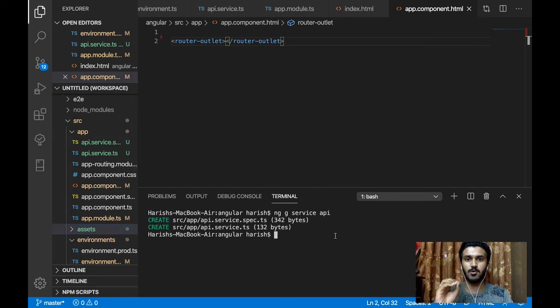And after that, now we are going to create a component. Like we need home component. Home component is the search page, so we will create that, like ng generate component, C for component, and the name is home. Okay,